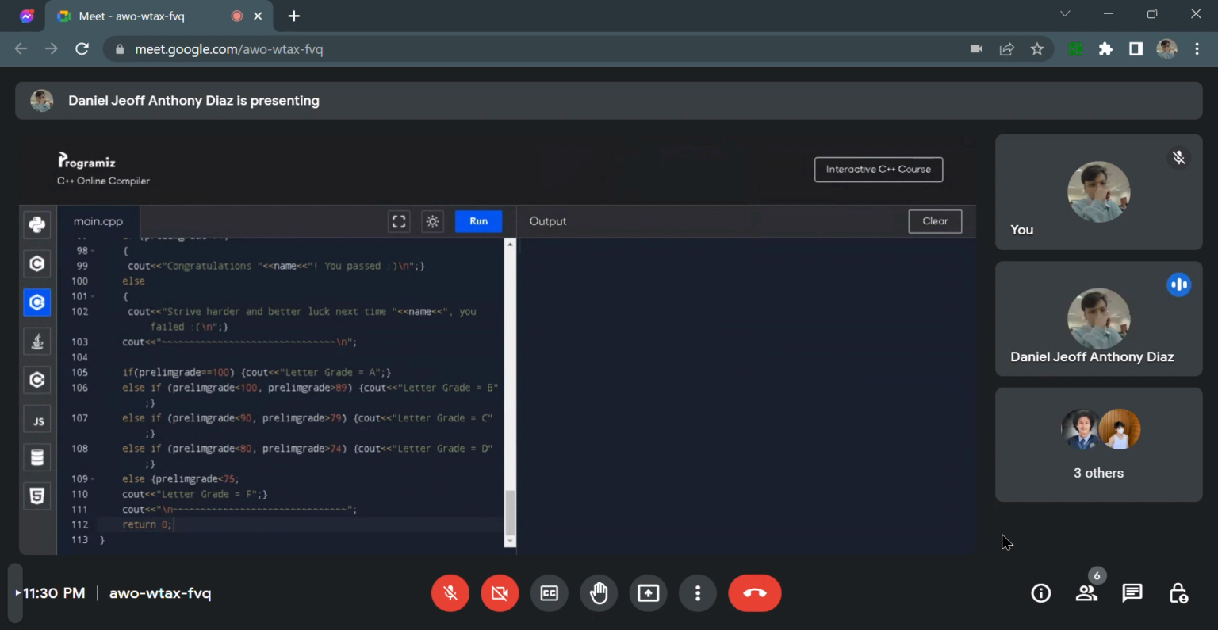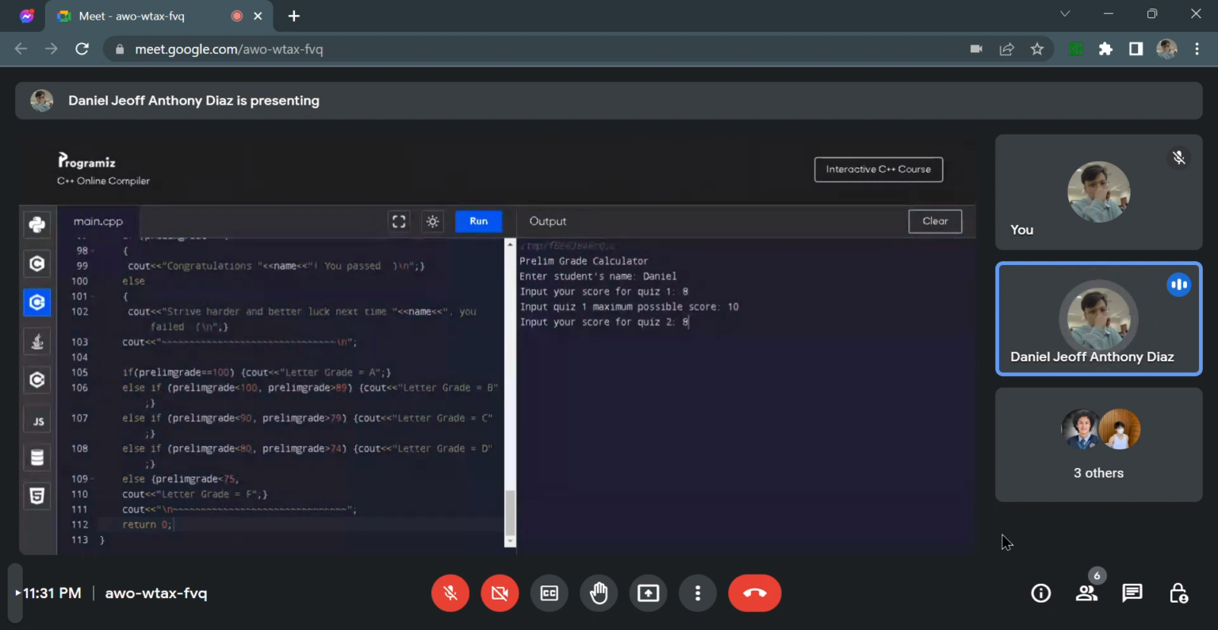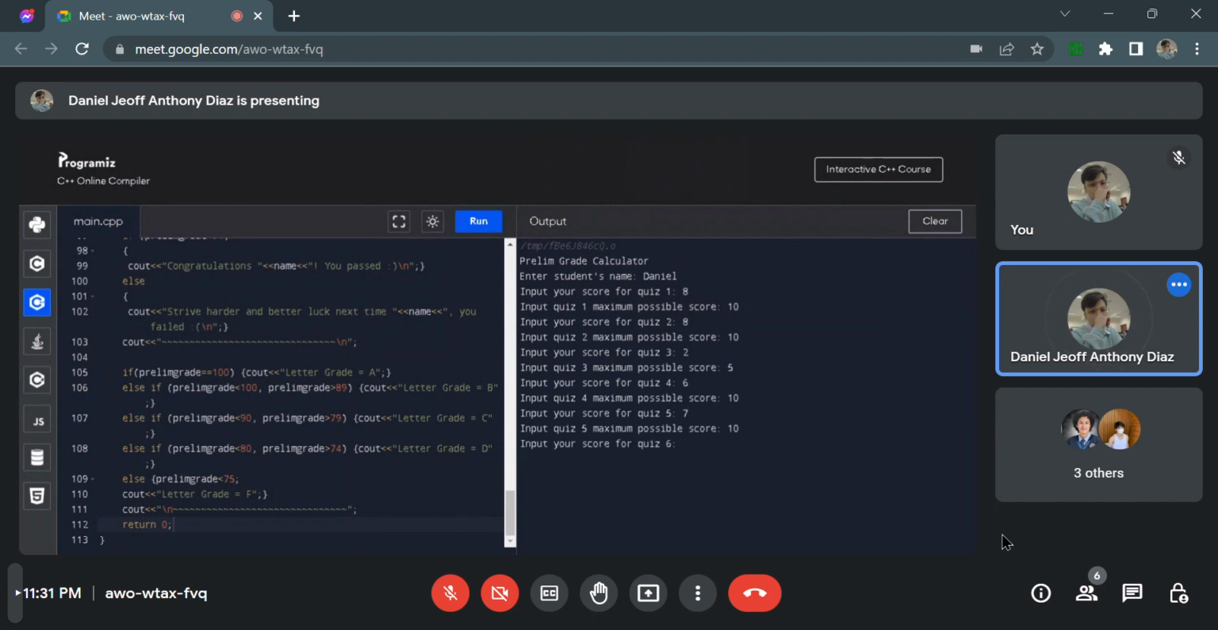So, if we run the program, this will be the output. For example, let's say the student's name is Daniel, then hit enter. For quiz 1, let's say his score is 8, then the maximum score is 10, then quiz 2 is another 8, then maximum is 10, quiz 3 is 2, maximum of 5, then quiz number 4 is 6, then 10, then 7, then 10, then 8, then 10,